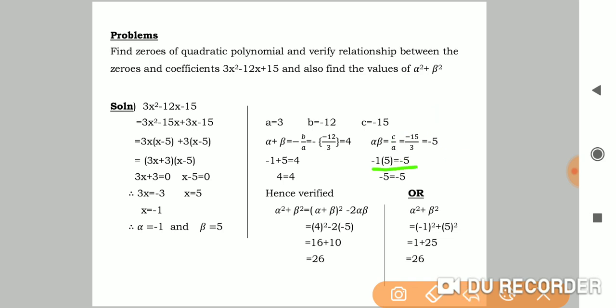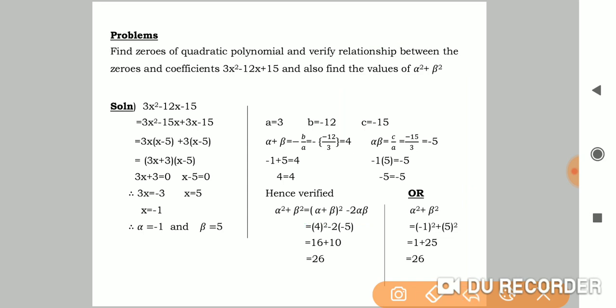So minus 1 into 5 is minus 5 by 5, which is equal to minus 5. Hence it is verified. Along with that question, it has been asked to find the value of alpha square plus beta square. So alpha square plus beta square can be written as alpha plus beta whole square minus